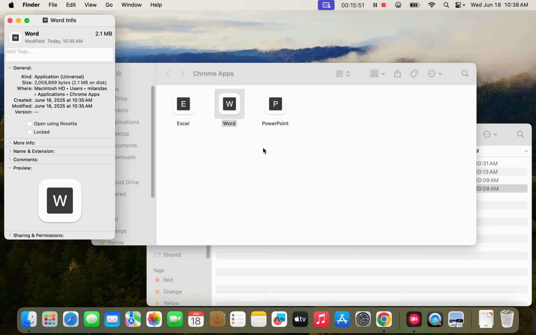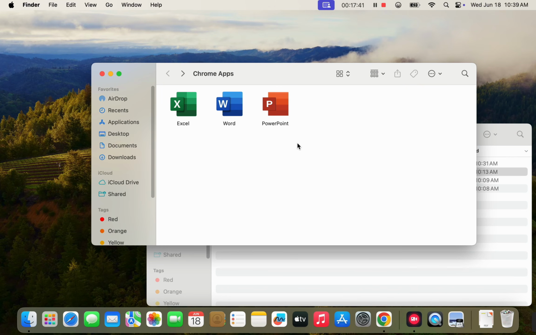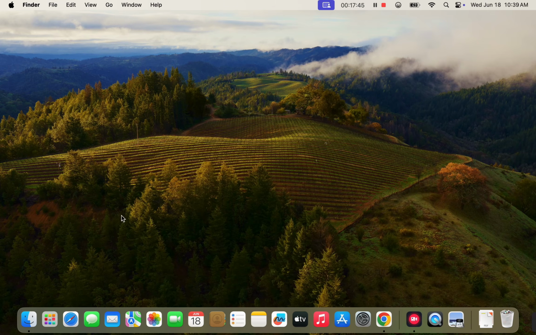In the Get Info window, click on the small icon in the top left corner. Press Command plus V to paste the copied icon. The new icon will appear instantly. Repeat the same steps to change the icons for Excel and PowerPoint. Once all three icons are updated, close all windows and open your Launchpad.